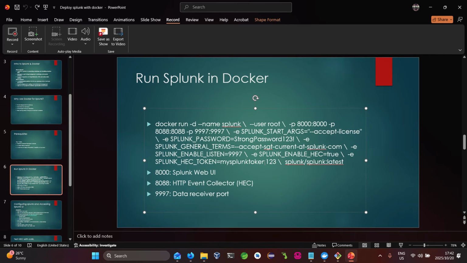Yes, so they said port 8000, that's where Splunk's web UI, or the interface for Splunk, runs, and port 8088, which is commonly the HTTP event collector, commonly known as the HEC. It's what Splunk uses to collect those events, metrics, and logs. And port 9997, that's commonly known as the data receiver port, which is what Splunk uses to receive the data and export it using the HTTP event collector. Okay,